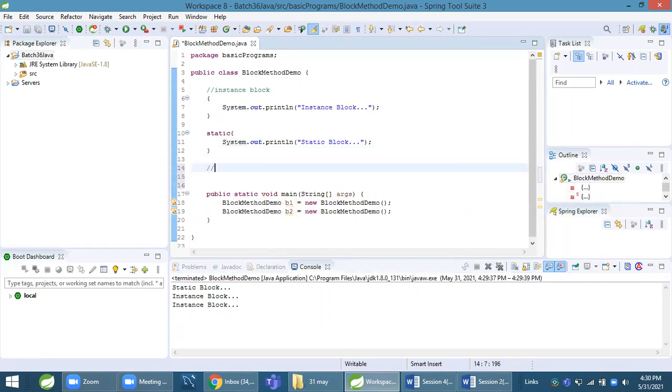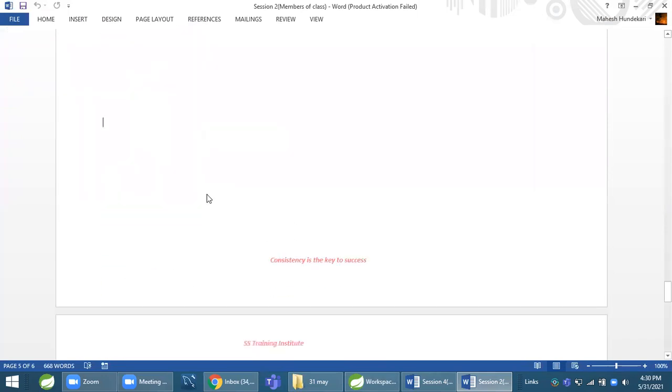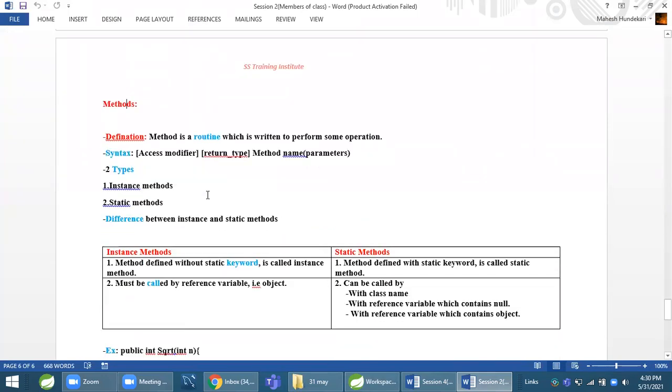Next, we will see method. What is a method? When we give some name to a block and we write some code into that, such a type of set of statements having some particular name is called a method.